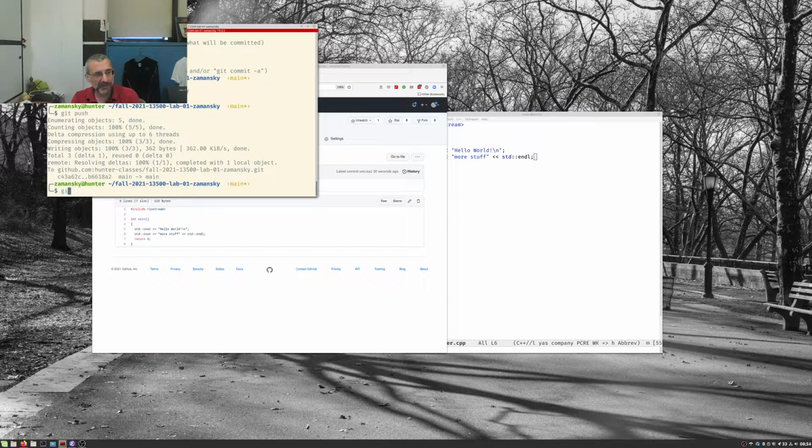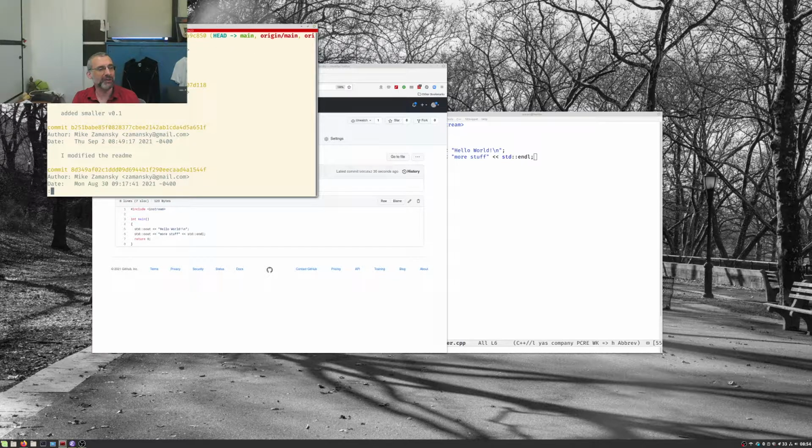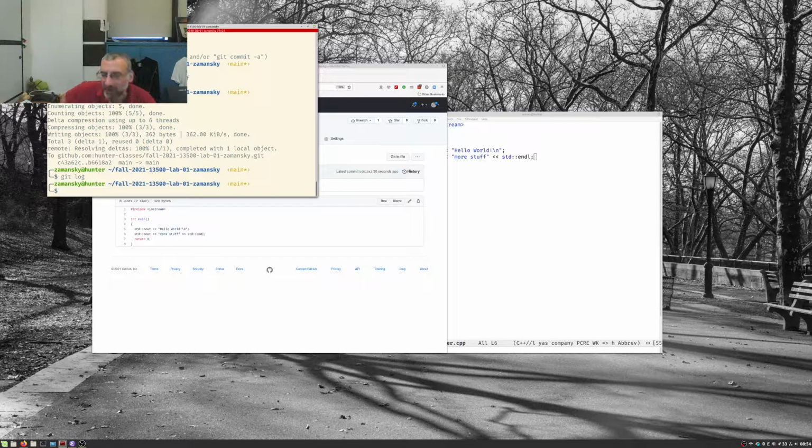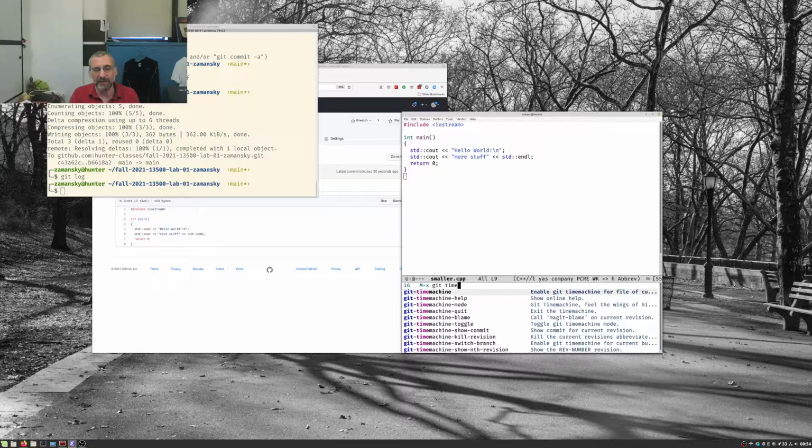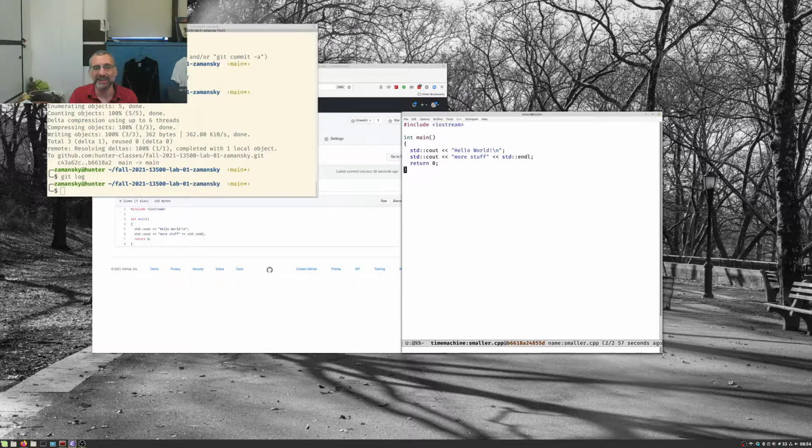Now another thing you can do is you can look at your Git log, and it shows you everything you did. Now, Git lets you do a ton of other things, including basically you can undo changes, you can look at old versions of things. Like actually, I can do this here. If I do Git time machine,